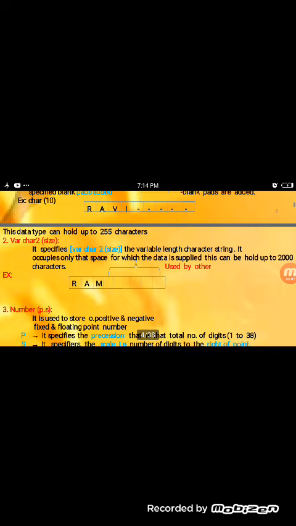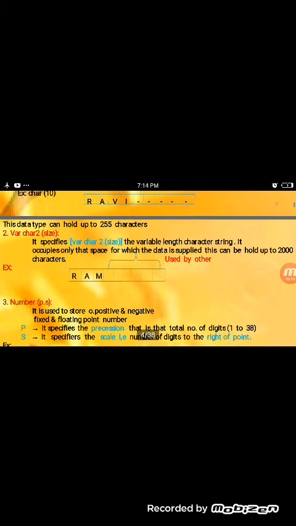This type of data can hold up to 255 characters. Integers and other types have their own data types and own sizes. Whenever we use CHAR, the remaining space is padded with blanks.